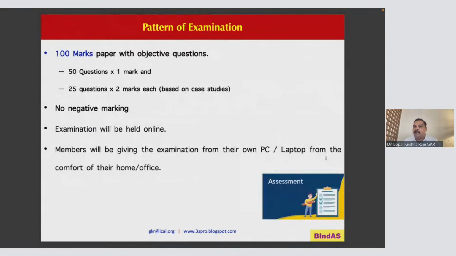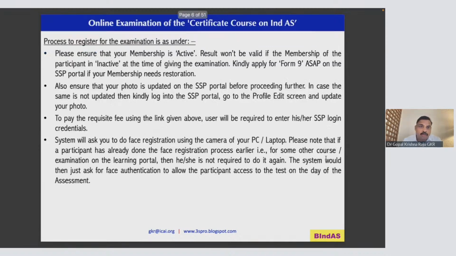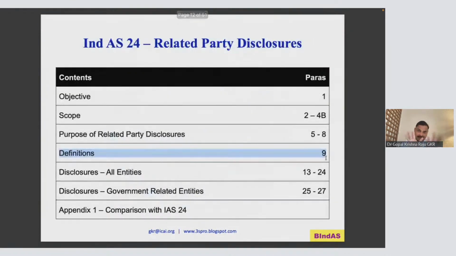So definitely, each standard, there will be a minimum of 2 questions. Some of the standards, they may focus on only one question. For example, we have a standard like hyperinflationary: if your economy is hyperinflation, which standard is applicable? There may be one question. So if that is the case, you will have another bounty. Another standard, they may ask even 3 questions. So please focus your attention. I will be giving you the tips with respect to